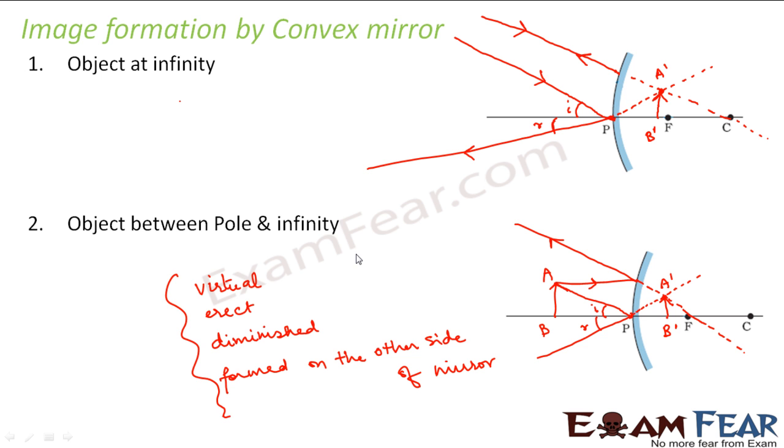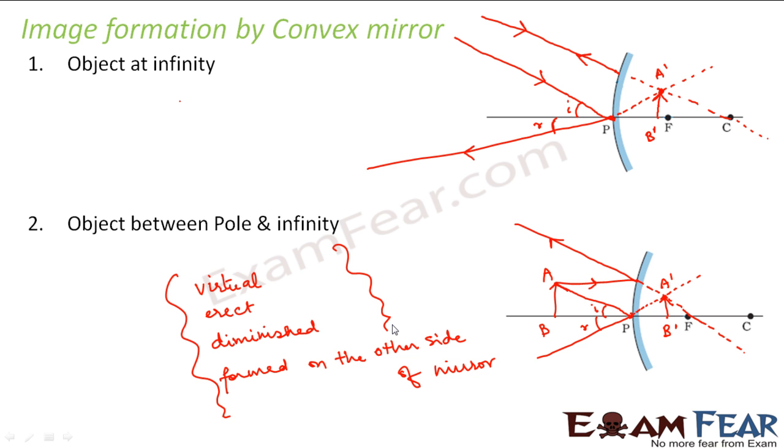Now since the image formed by a convex mirror always has these properties, that is why a convex mirror finds its application in the rear view mirrors of your vehicle. Because when you are driving a vehicle, the rear view mirror which you have on your side basically shows you the entire traffic behind you. So the traffic behind you is huge. So you want to have a diminished image of the entire traffic. You also want the image to be erect. You don't want the vehicles to be shown upside down, right? So you want an erect image, you want a diminished image, right?